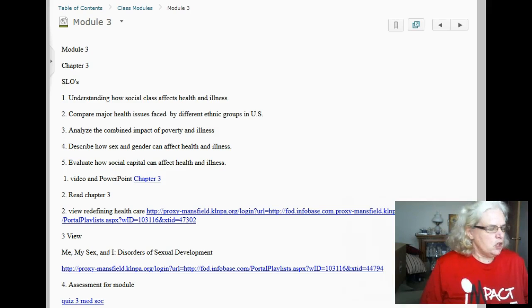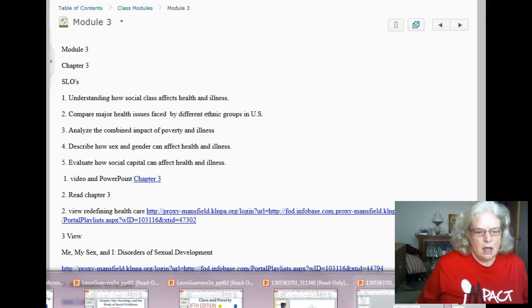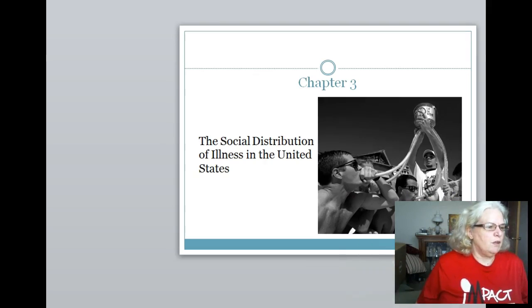So this particular chapter looks at causes and the types of illnesses, that they're not randomly distributed, that it makes a difference what race we are part of, what gender we're part of, what socioeconomic standing we have. So primary things to see how it affects the relationship. Now this is going to bring in physical reality of differences biologically, but we're going to see how strong the social influence is in exploring. So let's look at the PowerPoints briefly.